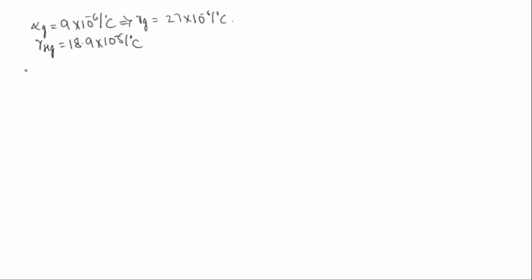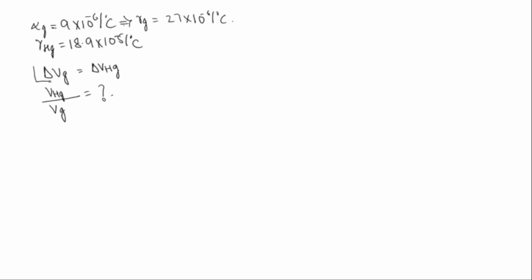As the volume of empty space inside the glass, not filled with mercury, will remain constant at all temperatures, delta V of glass is equal to delta V of mercury. We need to find the fraction of volume of glass that must be filled with the mercury. That is, we need to find the volume of mercury inside the volume of glass.